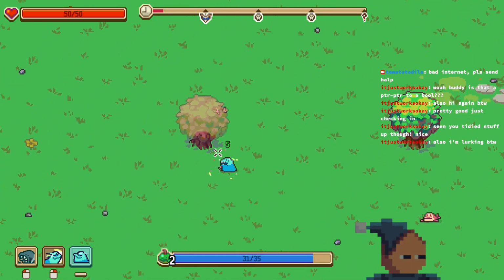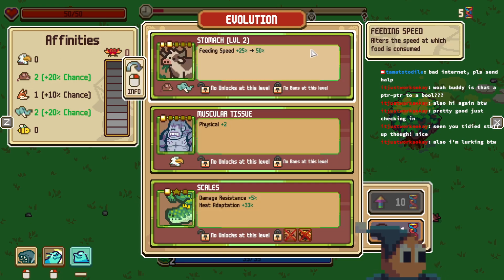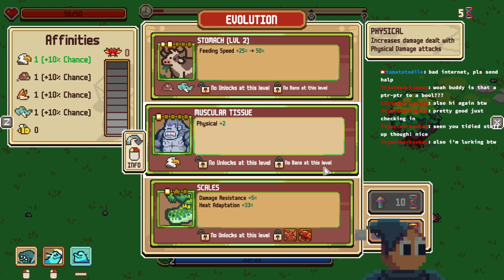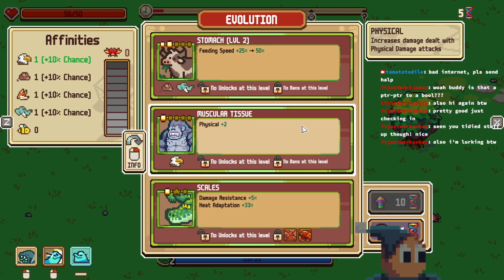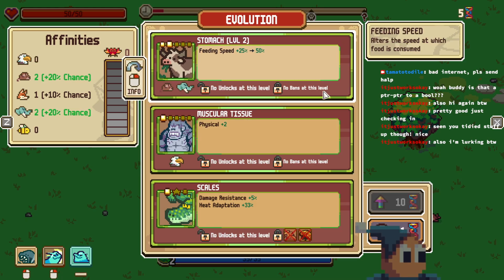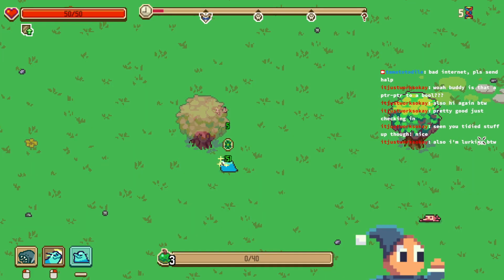Look at him. Little cute mouth. Eating speed, physical. Let's get some feeding speed early on.